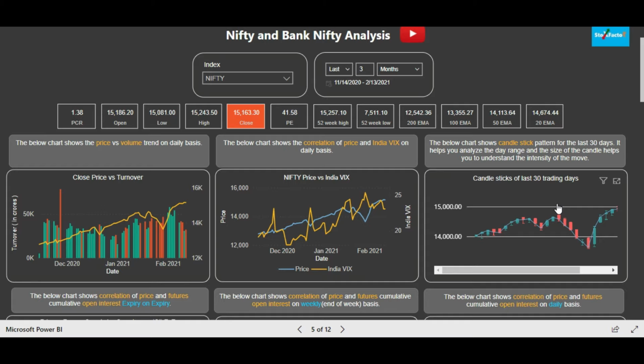It is very much powerful. It actually tells you about the positions of the smart players, and it opens everything for you so that you can analyze the data, and the way we have presented the data so that you can analyze the derivatives data in just one page only. You don't have to switch from pages to pages. In just one view you can make a holistic analysis and you can take effective trading decisions.